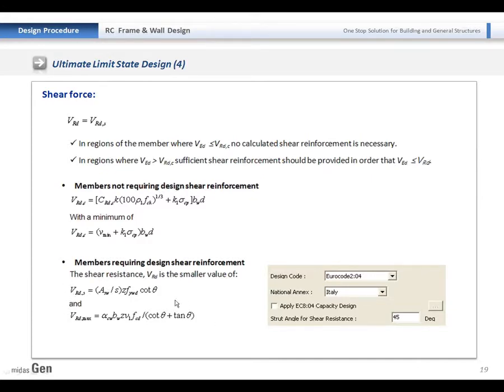In this equation, you can see that this Z factor is for the lever arm, and this cosine theta is for the strut angle. This angle also can be entered by the user. As a default value for the concrete strut, 45 degrees is entered.